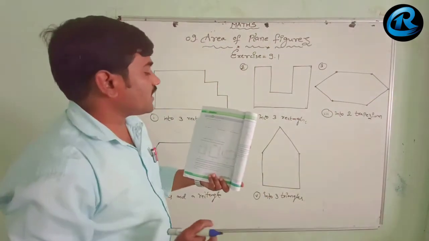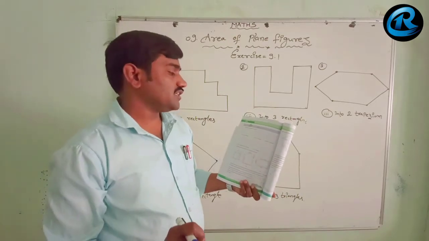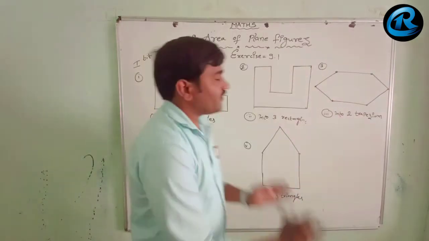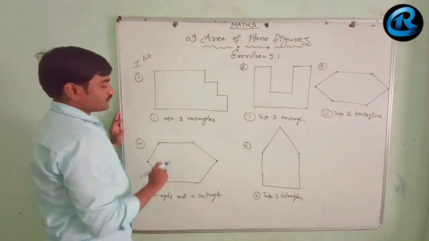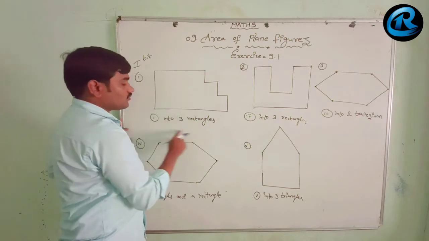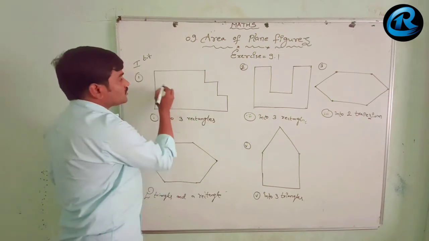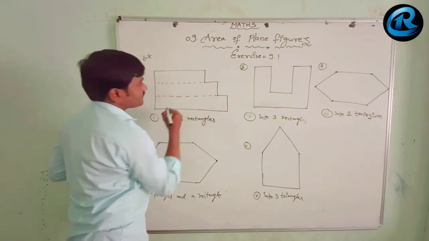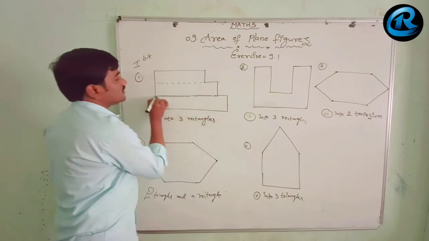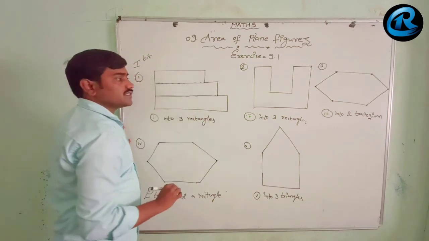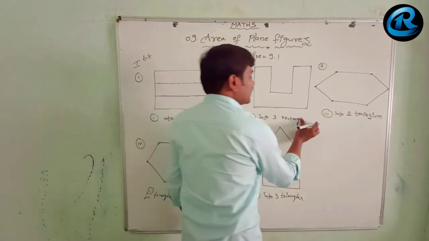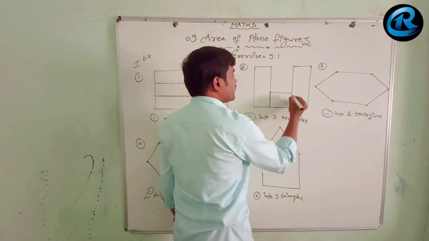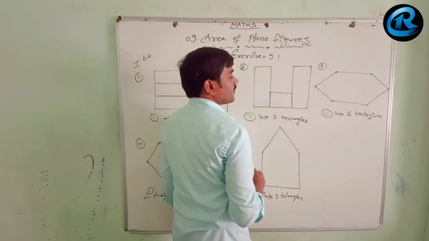First bit, divide the given shape as instructed. They have instructed here something. We have to divide these given figures as is instructed here. So the first figure we have to divide into 3 rectangles. How can we divide into 3 rectangles? See, when you join like this, 2 horizontal lines, now we can divide this into 3 rectangles. Draw with the pencil this one. Now this is also into 3 rectangles. Simple. These 2 you join, it will become 3 rectangles.